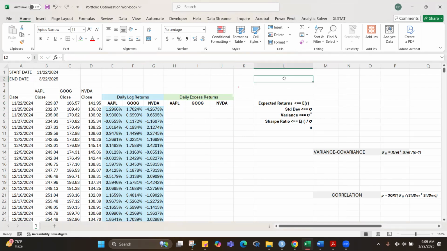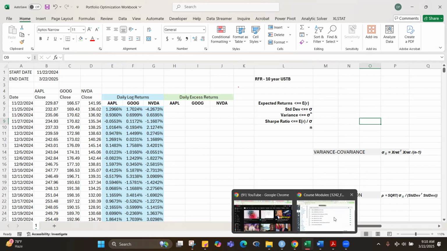Usually the benchmark can be your risk-free rate, which can be represented by the 10-year US Treasury bill. And there are several sources for this. Let's just put this. So for example,